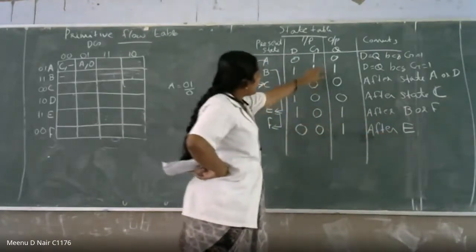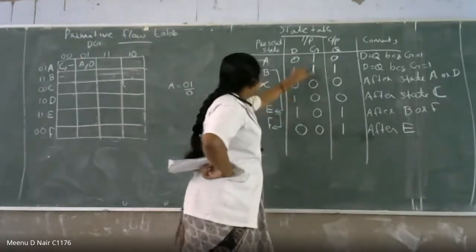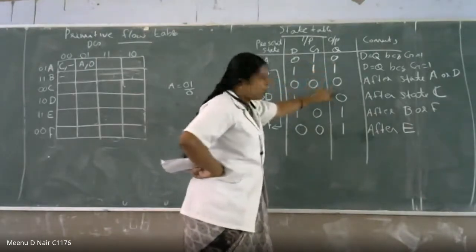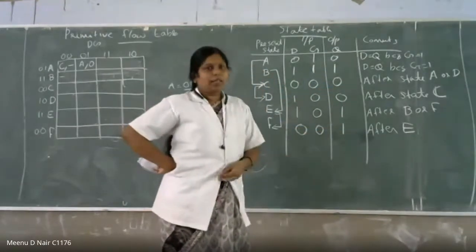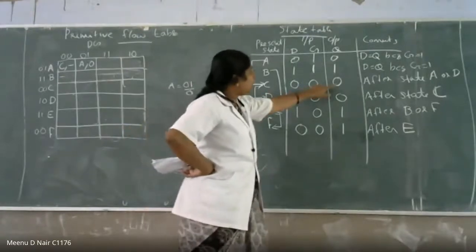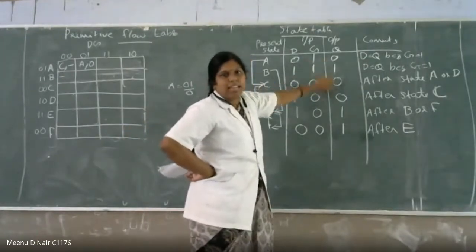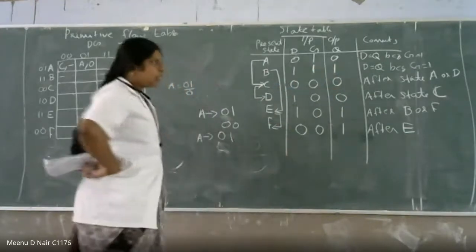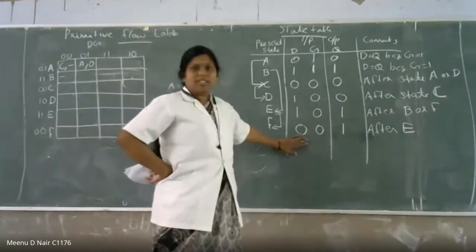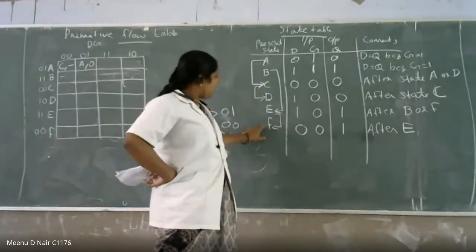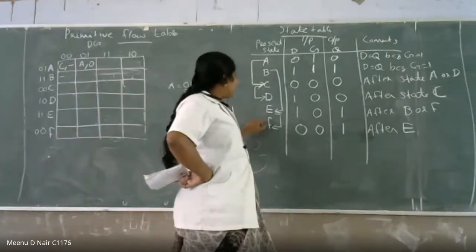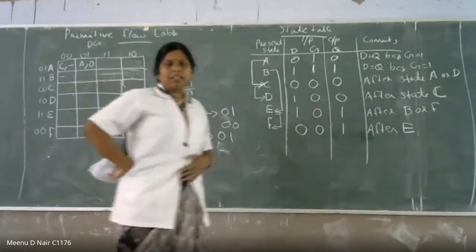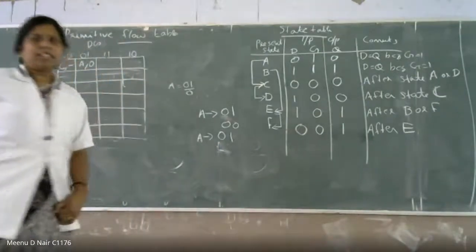And one more thing is here the output is 0, this output is 0, but here the output is 1. The output is changing, so you cannot take that one. You can take only C because that output is the same as the previous case. So if you have two conditions, either C or F, C you can take after A, and F you can take after B or C. That's what we are telling. Is that okay? Yes, madam. We can proceed.